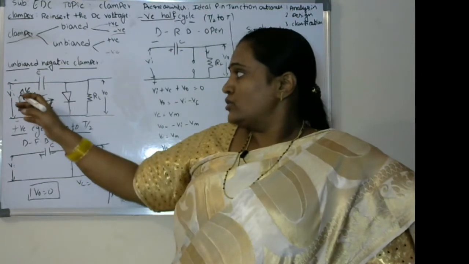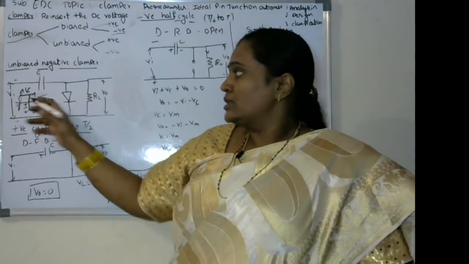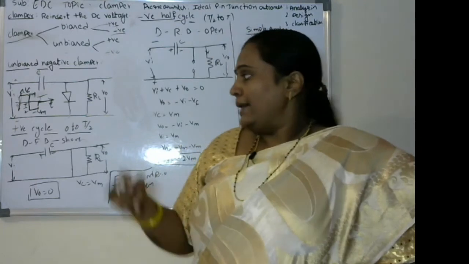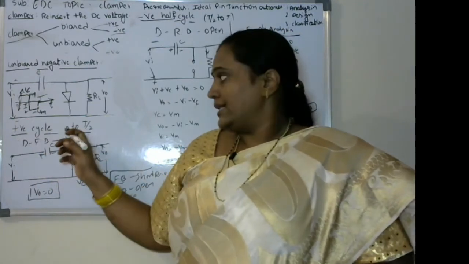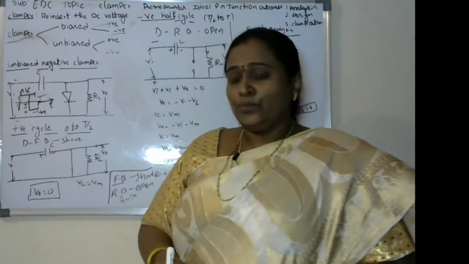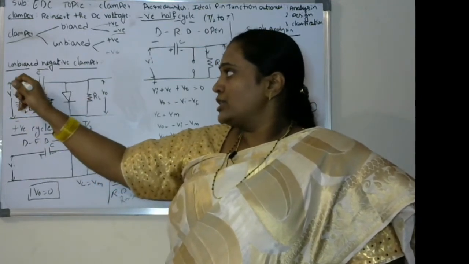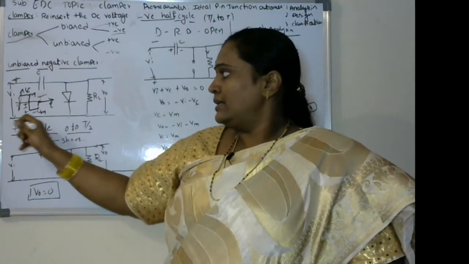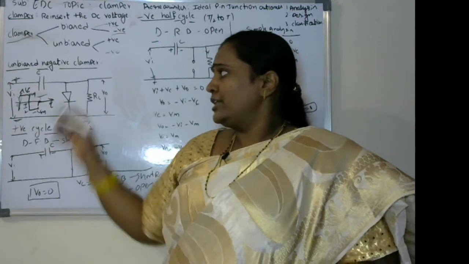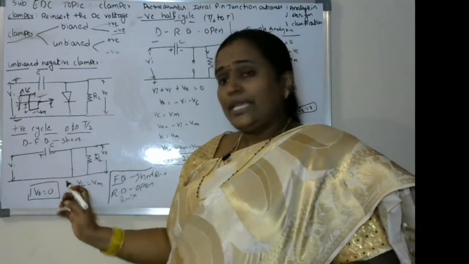So if you observe, this is a cycle for positive and negative, and the diode is like this. I am going to consider the positive half cycle, from 0 to T by 2. In this case, the diode has positive connected to positive and negative connected to negative, so the diode acts like a short circuit. This is the figure after the diode has been shorted.